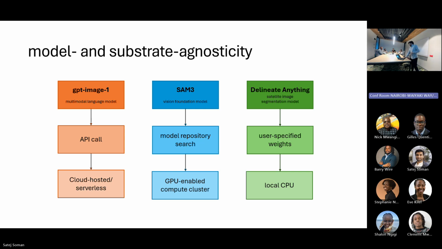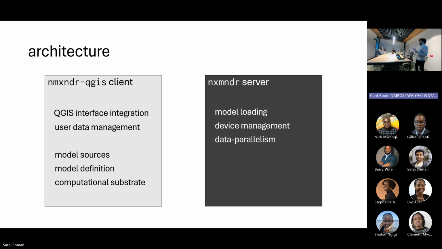And the way we implement that is to have this kind of client-server architecture. So this QGIS client is handling all the interfacing with the GUI, so all the dock elements, the status bar updates, the modals and things like that. But it's also managing user data.